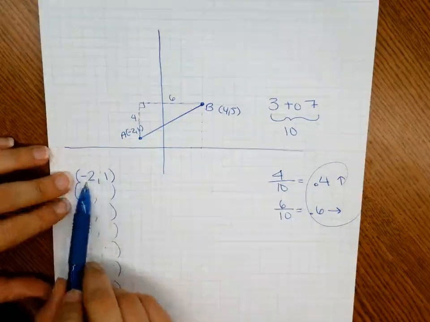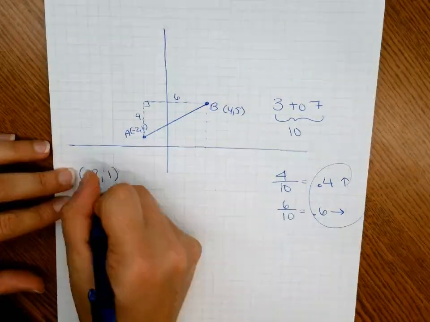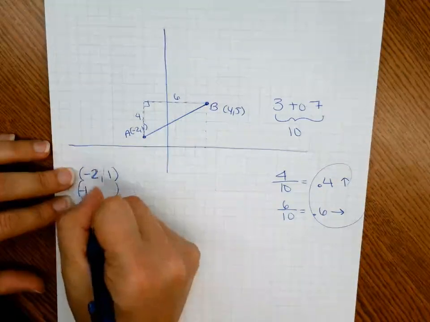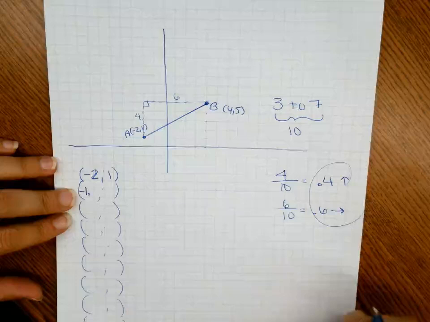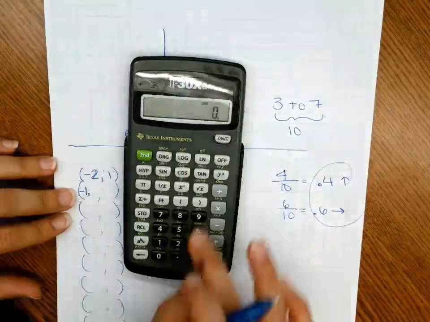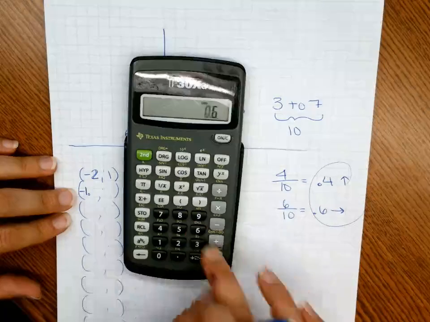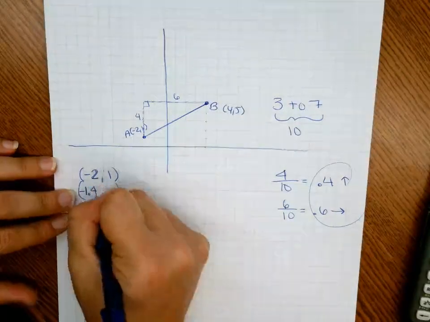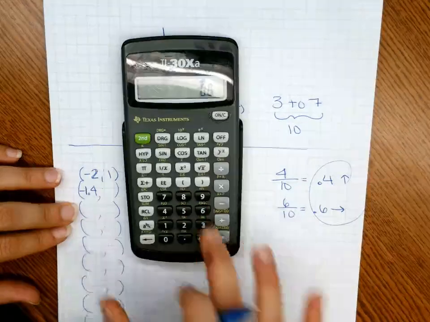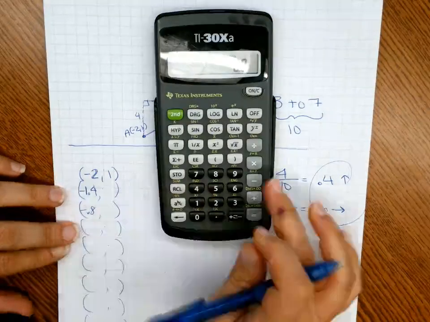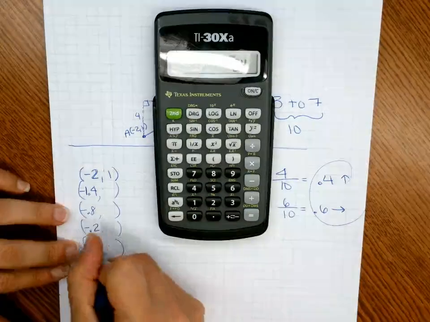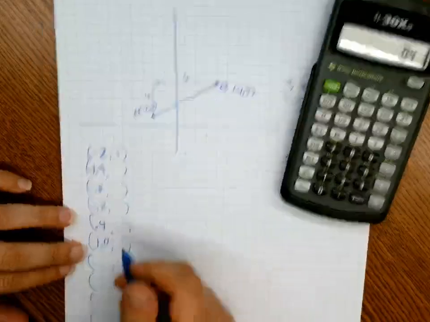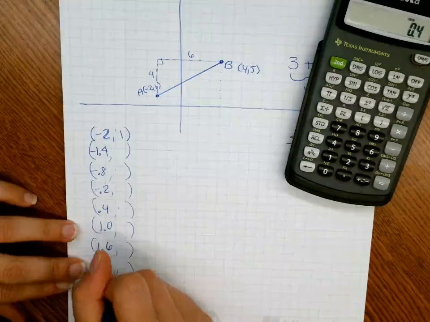So we'll do the 0.6 part first. So negative 2 plus 0.6 is negative 1 point what? If your brain is hurting, negative 2 plus 0.6, negative 1.4. Negative 1.4 plus 0.6, negative 0.8 plus 0.6, negative 0.2 plus 0.6, 0.4 plus 0.6, 1 plus 0.6, 1.6 plus 0.6, 2.2